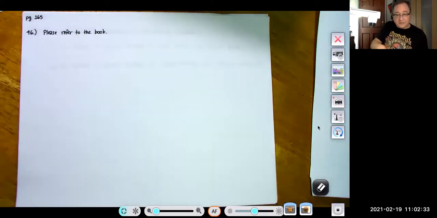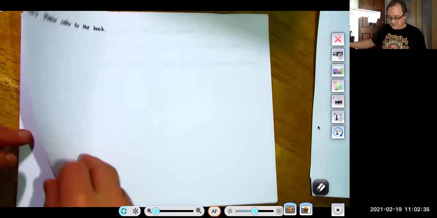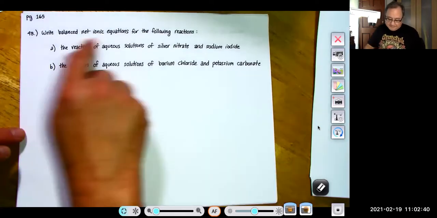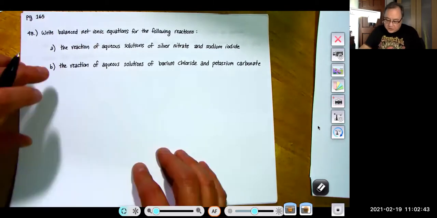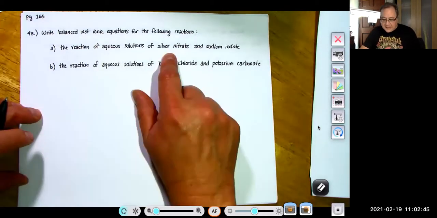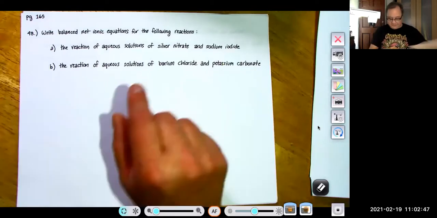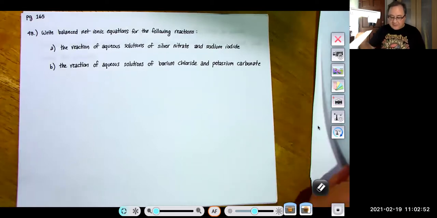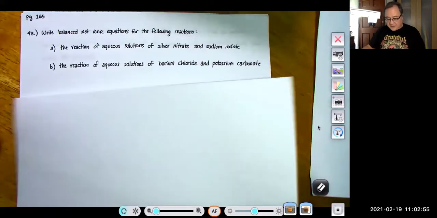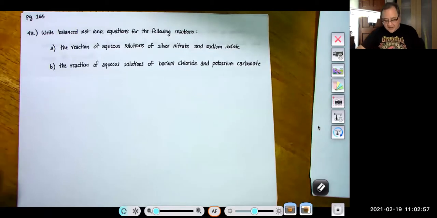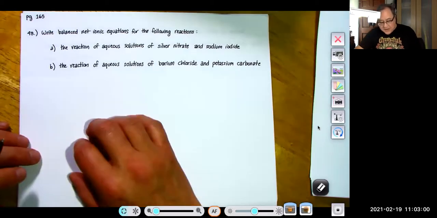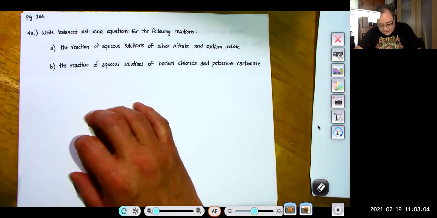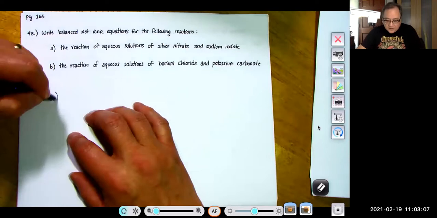46, refer to the book. Write balanced net ionic for the following: the reaction of aqueous solutions of silver nitrate and sodium iodide. So this is really a precipitation type of problem, or precipitation reactions. So for precipitation reactions, hopefully you've read through the rules and you kind of know what's going on. So here for A, aqueous silver nitrate,